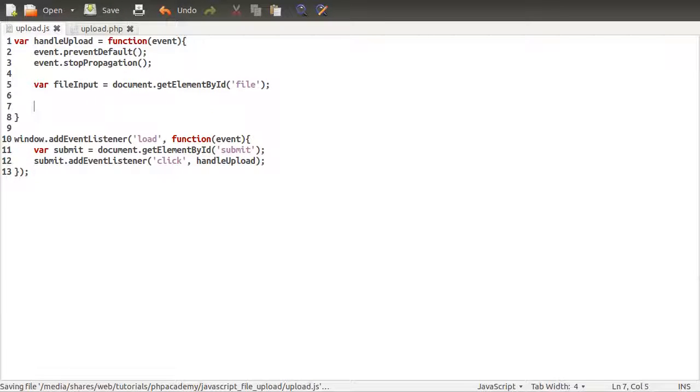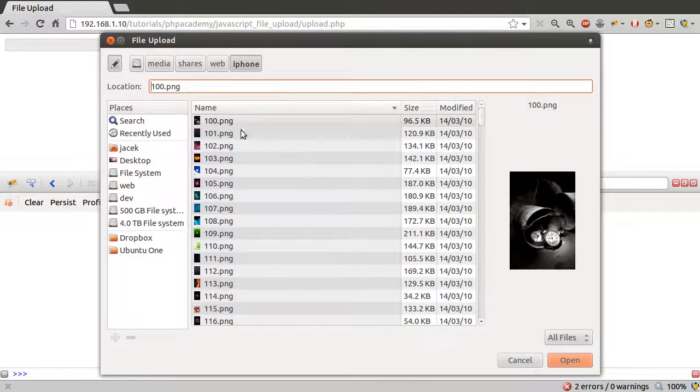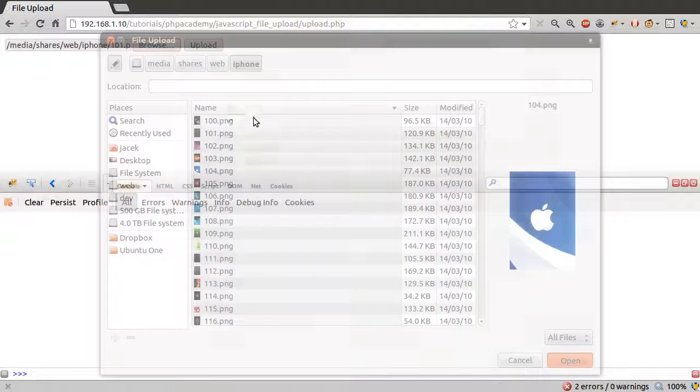So what we need to do next is get the information about the actual files that are selected. And the way we can do that is from a file input. We've got the files array. So the file input has a property called files, which has various bits of information about each file. So for the sake of testing, let's just log the length to the console so that we can see if we've actually got something that works. Let's go back to our browser, hit reload, and now when I select some files, 4 files, and hit upload,